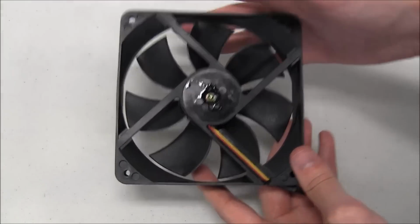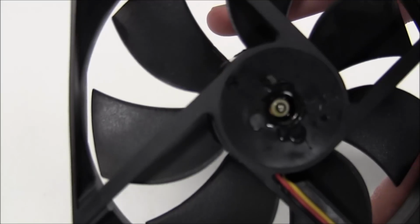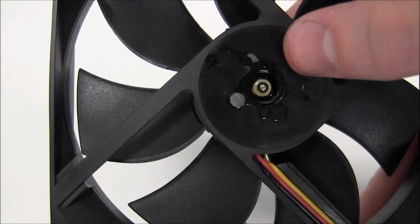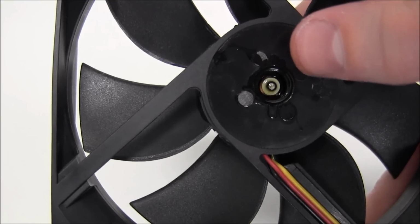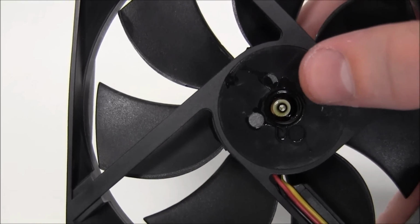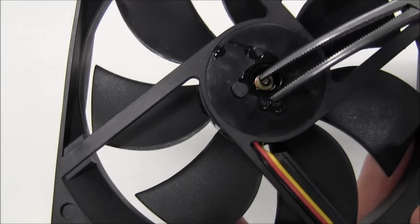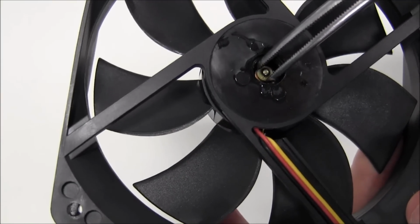Now all that you have to do from there is locate this little green ring. It's right there on the end of the bearing rod itself. I don't know if it's a bearing rod, but there, it's a little rod. What you're going to go ahead and do is you're going to take your tongs, and you're just going to pull this little green